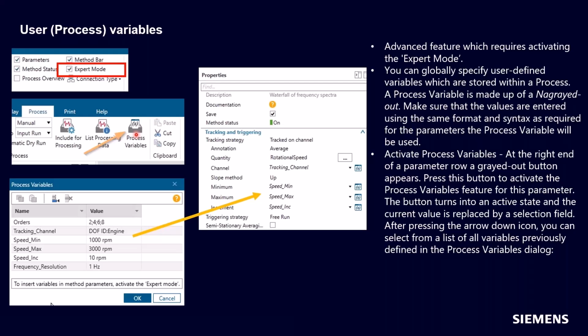Then once I save the method or save the process, I can open it in a new project, adjust any of these parameters, and the entire process gets updated based on these. So it's a quick way to change the orders, the frequency resolution, or whatever you want based on different data you're processing day to day. Okay, so let me switch over to the software and I'll try to show some of that.